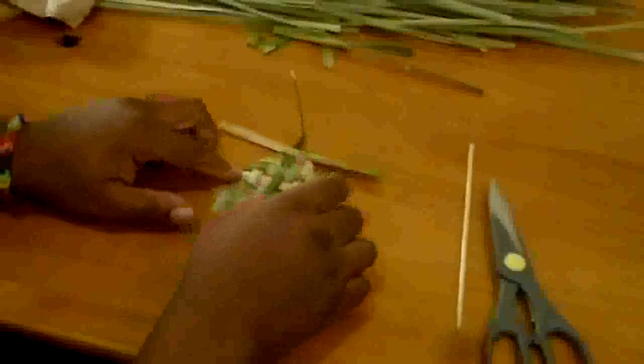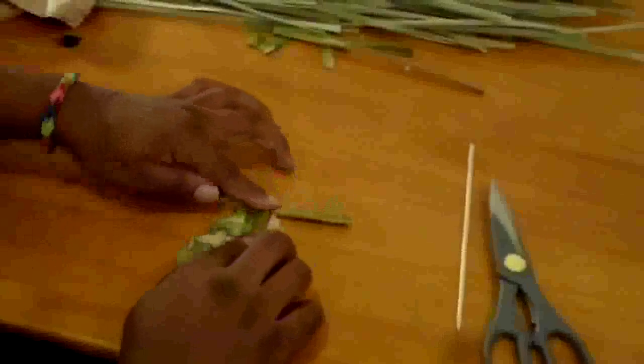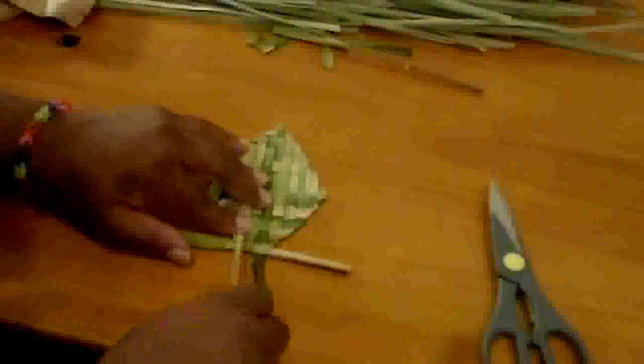Again, I'm going to repeat that. We just tucked in the first of the original here. We just flipped it and tucked it in. Then we're flipping the whole project over. I'm taking this top one and folding it downward, and then I'm going to fold another 90 degrees downward, and now I'm ready to tuck this in underneath some of the weavers, and we're almost done here. There looks like there's a weaver right here that's ready to be tucked, so I'll make some room for it and make sure